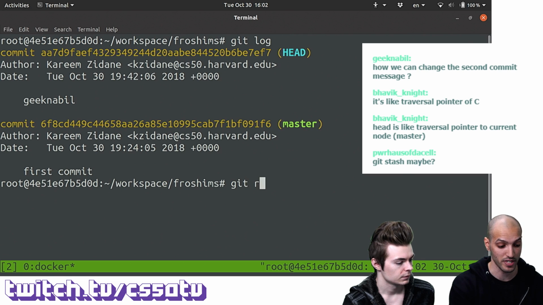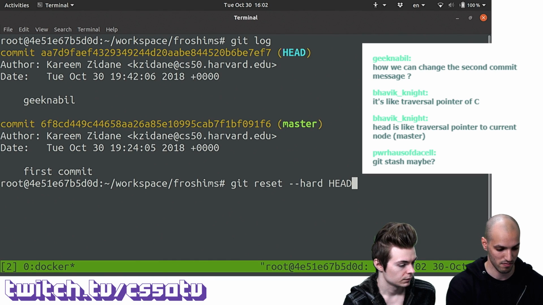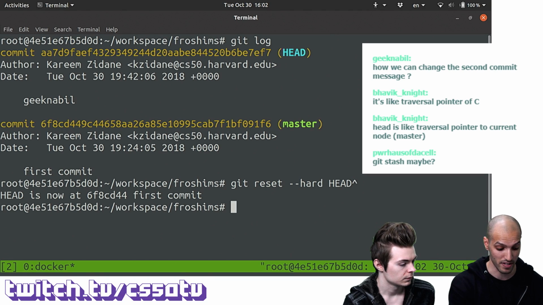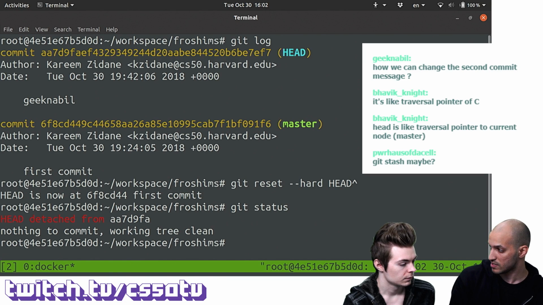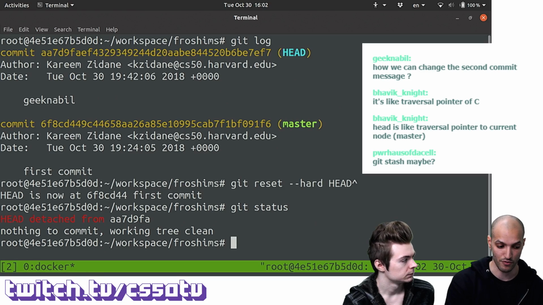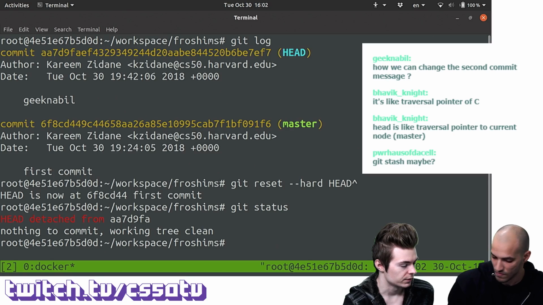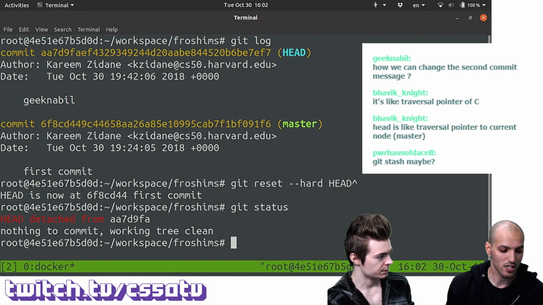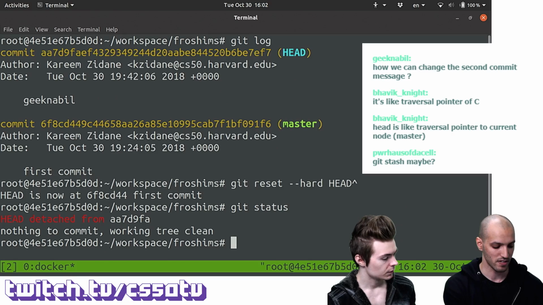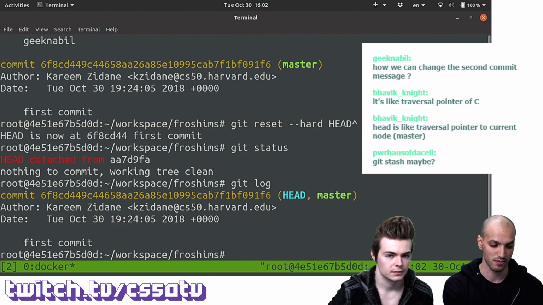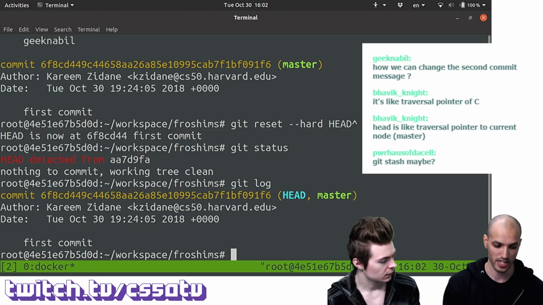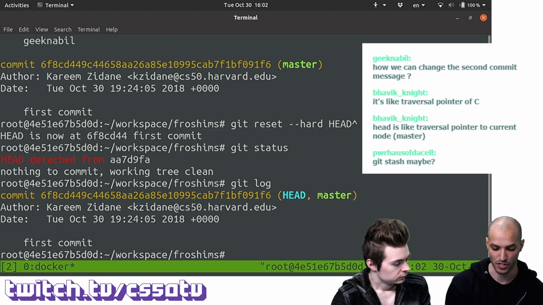Now, if you do git reset --hard to HEAD, the parent commit of HEAD, in this case, it's actually going to force reset this. I do git status again, we don't have any changes. So this is going to force the state of your repository to be in the same state of this commit. And this is where we are with the fresh commit, right, when we committed it? So it's basically going to be at the very beginning? Correct, yeah. You can always check where HEAD is by using git log. And in this case, we're on the first commit.